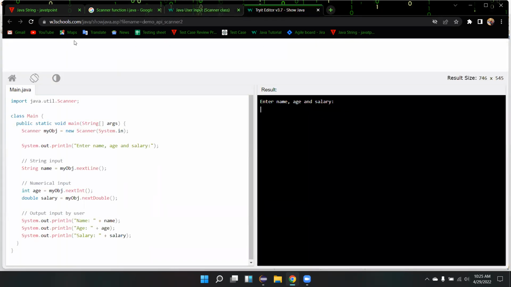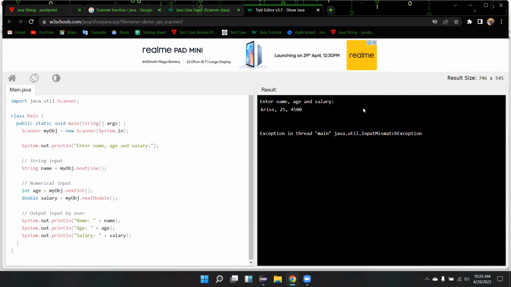I just wanted to see that. Here I need to give something like 25. Just give me one second, Chris. 25 and 4,500. Now, exception in the main thread. How do I need to give these values?